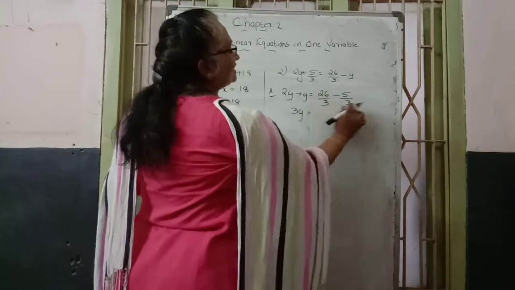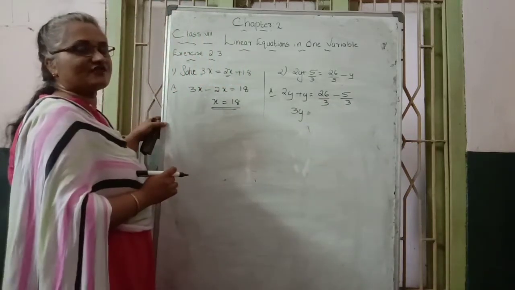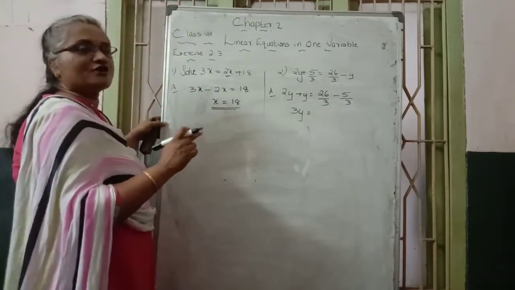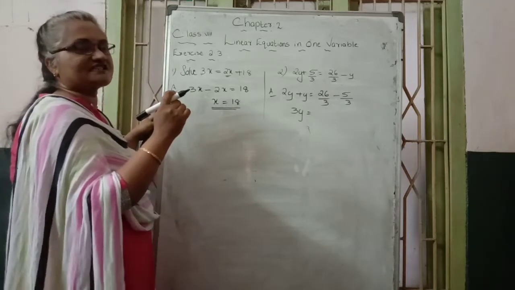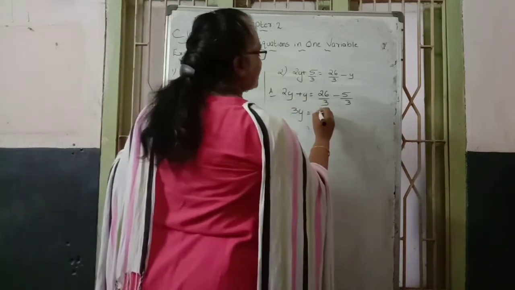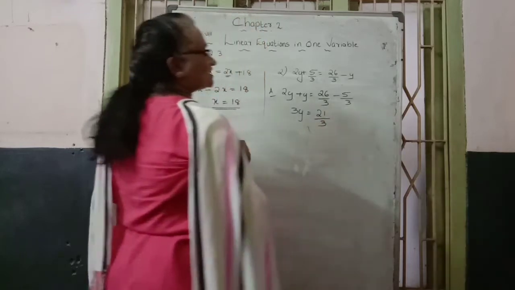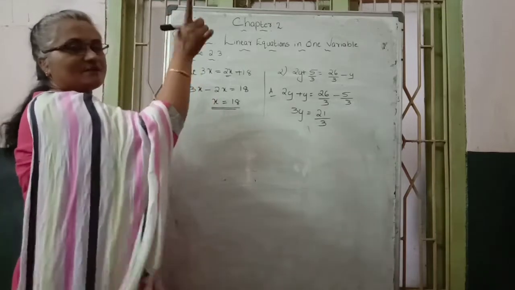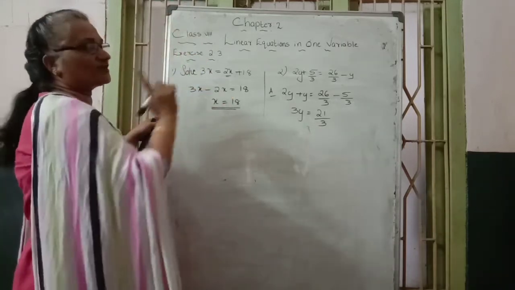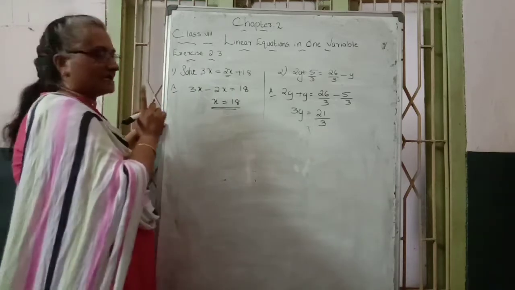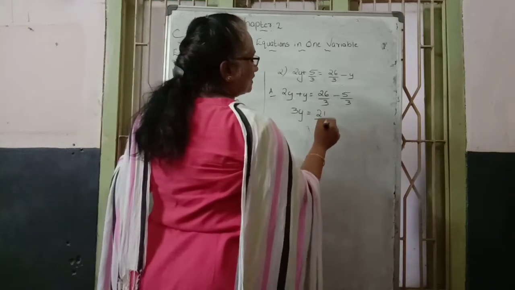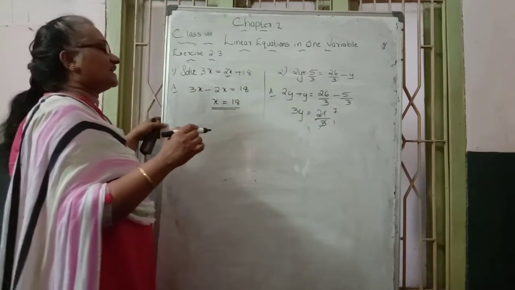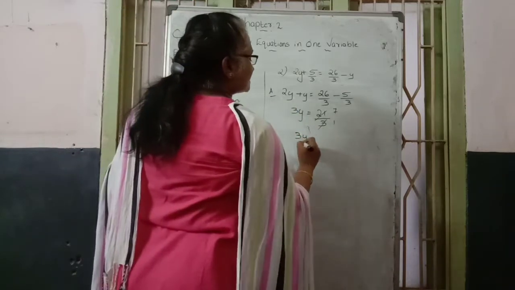3y is equal to, here both terms are fractions being subtracted. They have the same denominator, so there is no problem, we can directly subtract the numerator part. 26 minus 5 comes to be how much? 21 by the same denominator 3. Numerator operations depend on the operation, and here the operation is subtraction, that's why we subtract. Then check whether the 3 table is possible or not. Yes, 3 times 7 is 21, and 3 times 1 is 3. So we get 3y equal to 7.